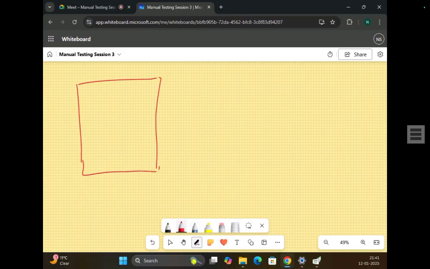You see my whiteboard, right? Yes, sir. So imagine we are testing an e-commerce application, and you have 4 products here: P1, P2, P3, and P4. Every product has a different price.